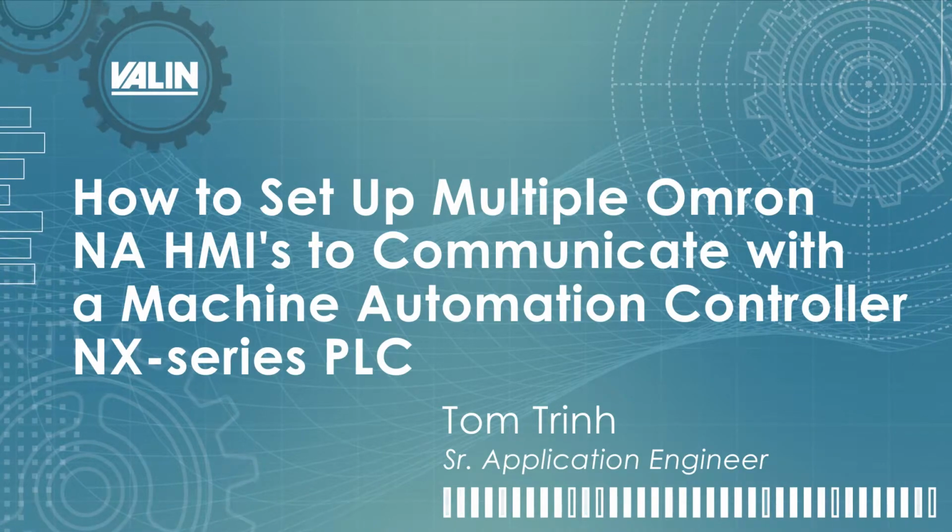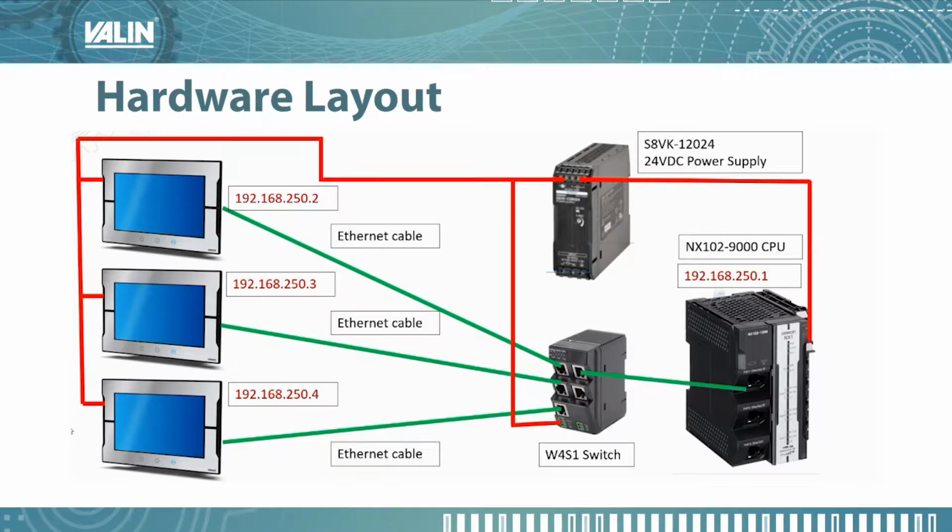Let's get started. So here's my hardware layout. I have a NX102-9000 CPU, and it has an IP address of 192.168.50.1. I have a power supply to power the PLC as well as these HMIs. Now from my Ethernet port of the NX102-9000, I'm connected to the Ethernet switch W4S1, and I also have these